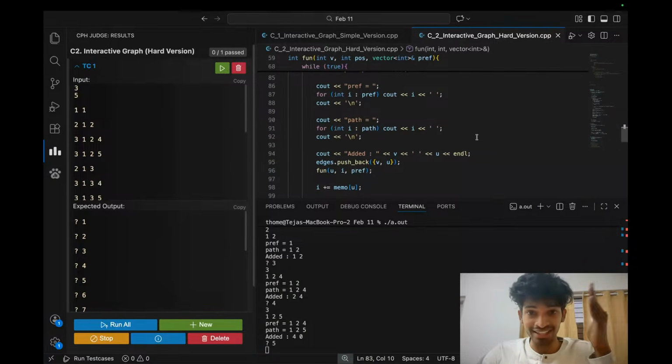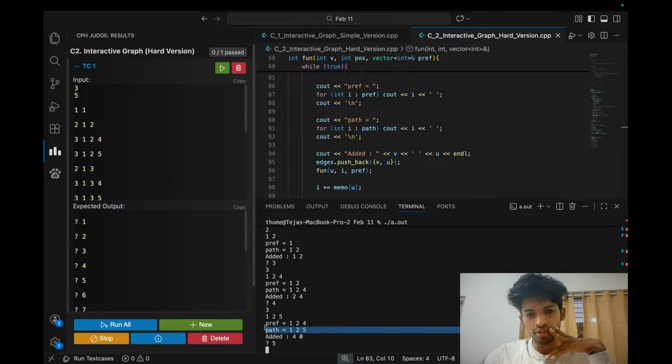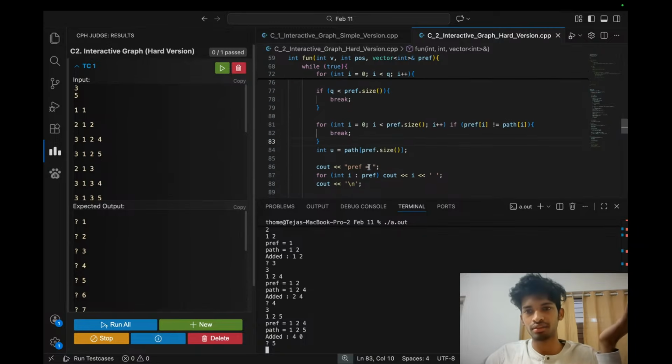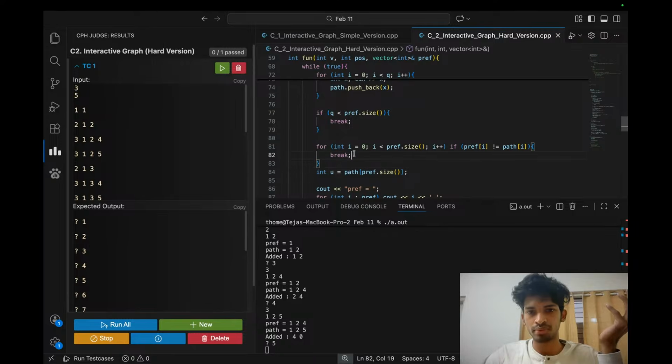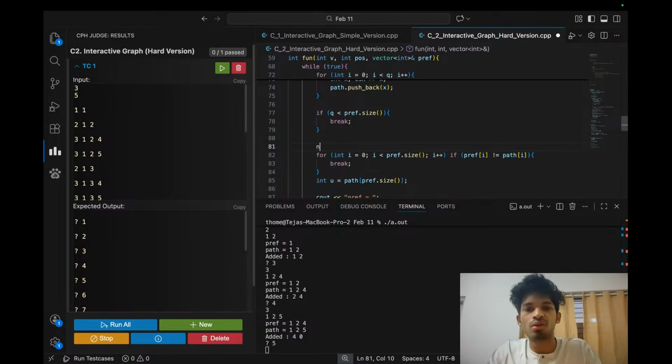Why is it adding? They both are not equal, right? Ref not equals to path. Should be, oh,